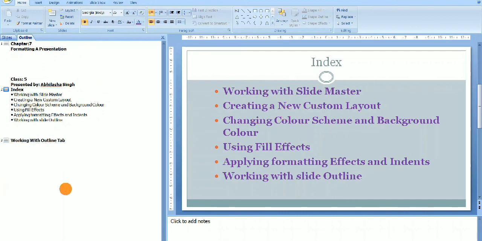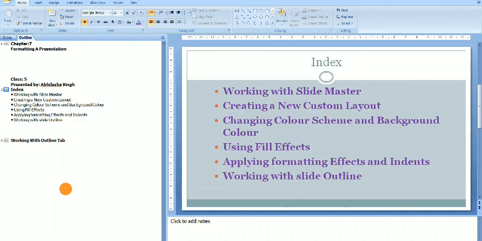This is the feature where we can see all the written content in the outline tab. Even if you have written it across multiple slides, you can see all the content written in the presentation. You can see all the things together in an outline.